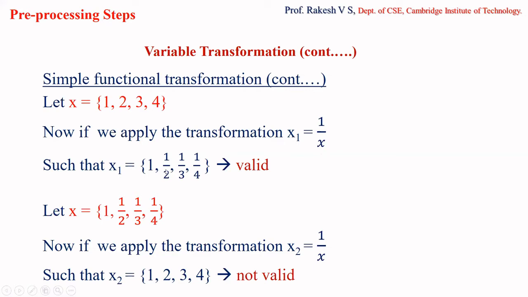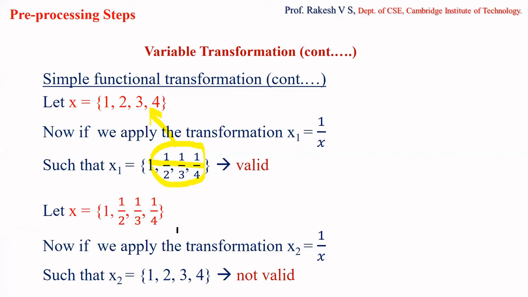These new values are less than or equal to the original values. So I can take this x1 for analysis, because the algorithm I have used wants values less than the actual value. So I have performed this transformation, 1 by x, and this 1 by x has given me this set of values. With this set of values I will be able to perform the analysis, because these values are less than these values.